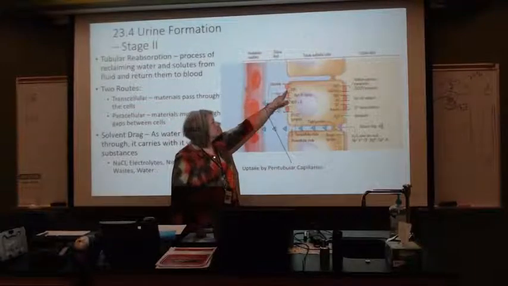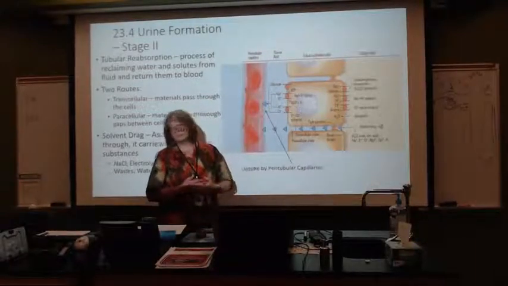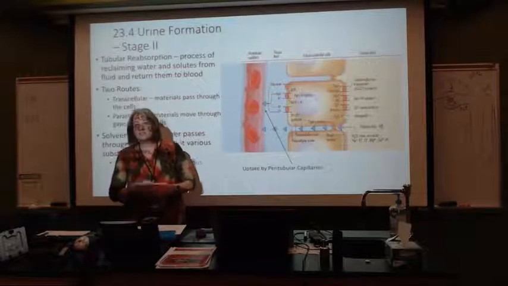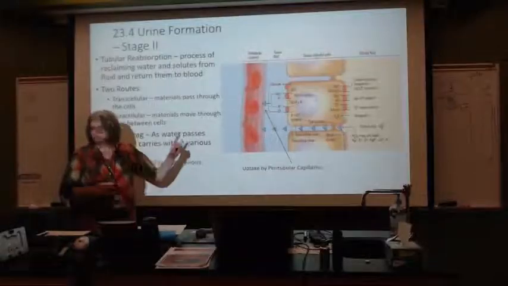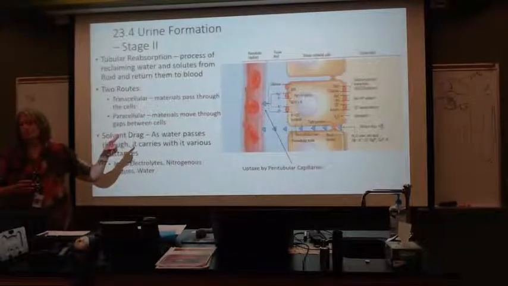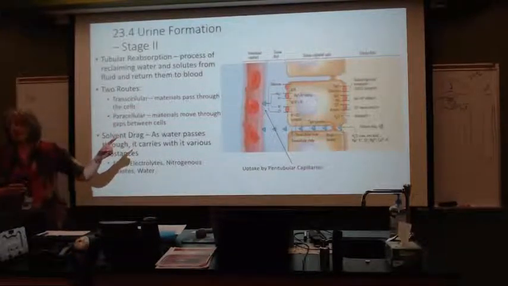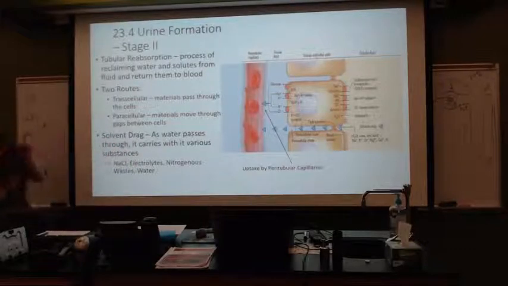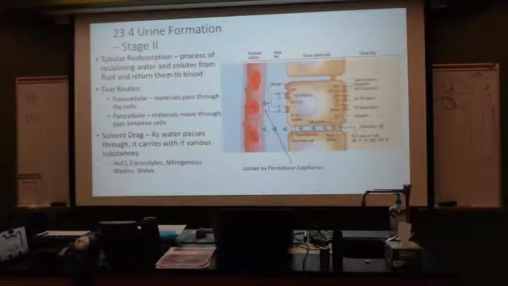But look what happens with glucose. Glucose that's in the filtrate at this point is where it moves. It is at this point of the nephron structure that the glucose moves. If the glucose makes it past this point, chances are it's going to end up in the urine, and therefore end up being